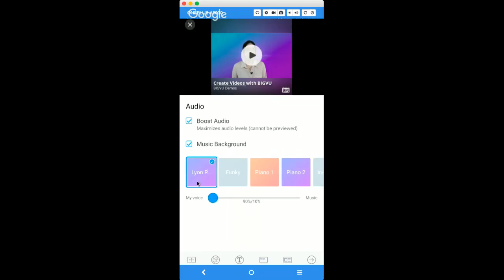If you're happy with it, just click on the check mark. This is the selected music. Now we're going to choose how loud the music is and